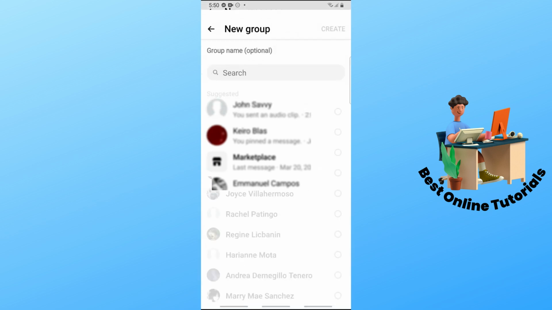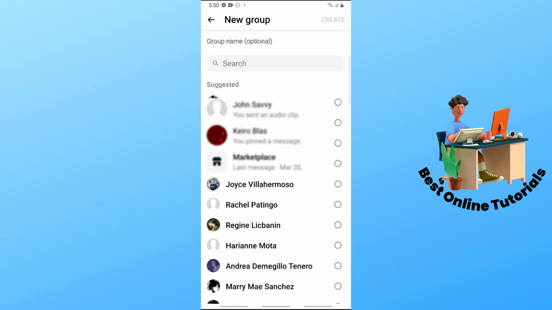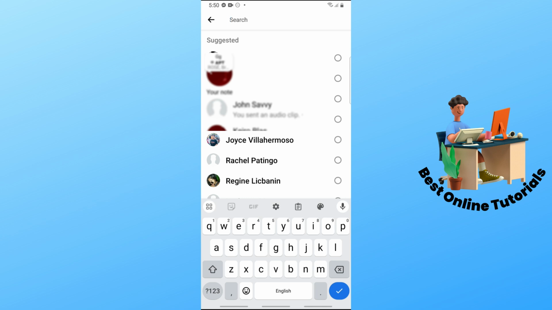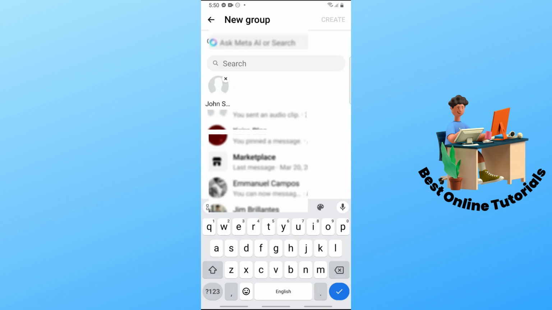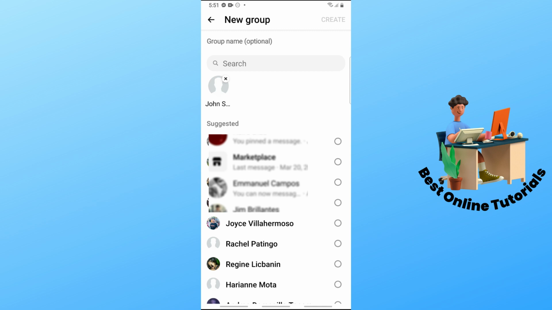So just simply tap on group chat, and from here you can just simply select the people that you want to add, or you can just simply use the search bar over here to search for the specific person that you want to add. Just simply tap on it, and from here you should be able to add as many